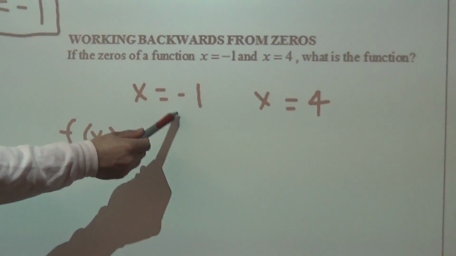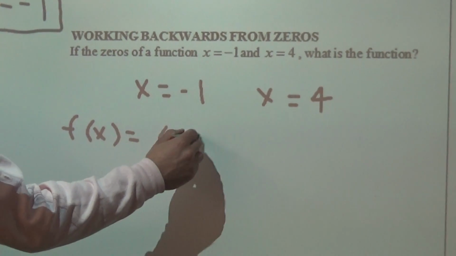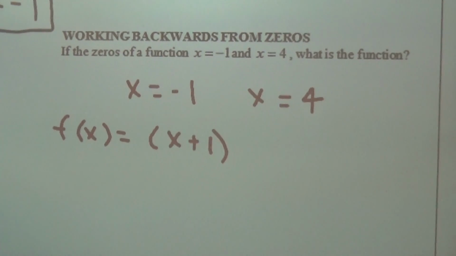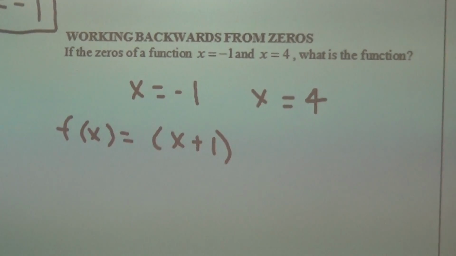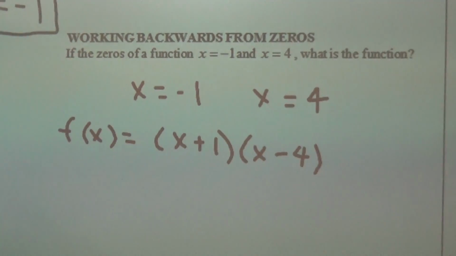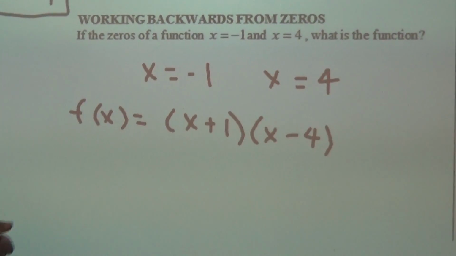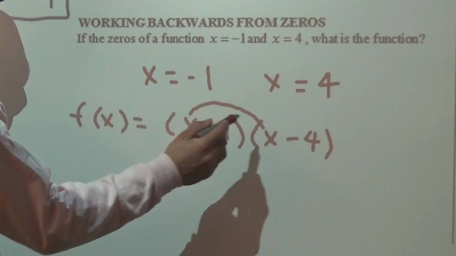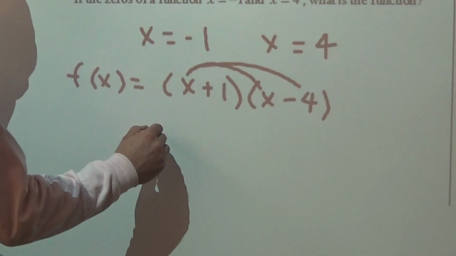So if I have a 0 at -1, that means the factor is going to be x plus 1. And here if the 0 is +4, the factor would be x minus 4. So the signs are always opposite. And then from here, we would go ahead and distribute. So I'm going to get